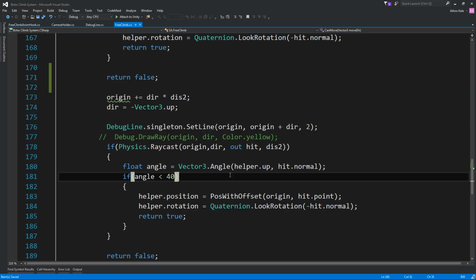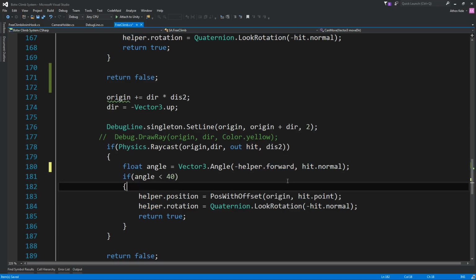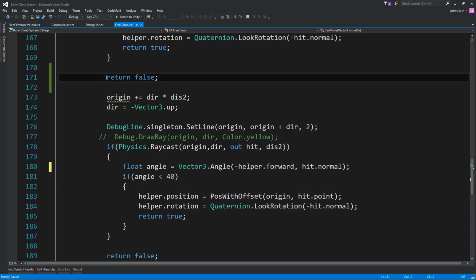So I think the helper.up, if we do this helper.forward, or the opposite of the helper.forward with our hit normal, and no, this might actually not work exactly, we'll see.